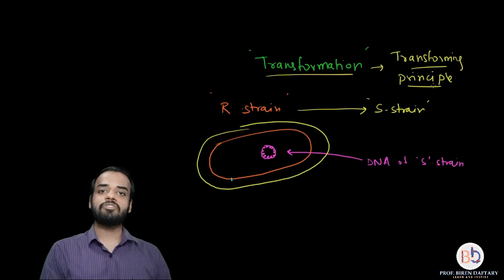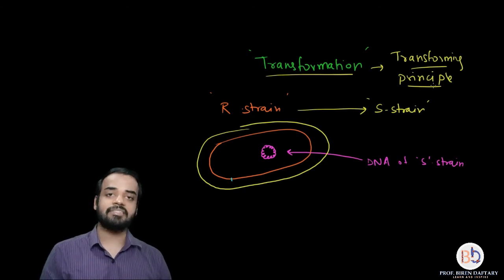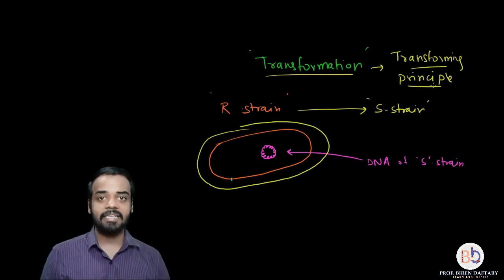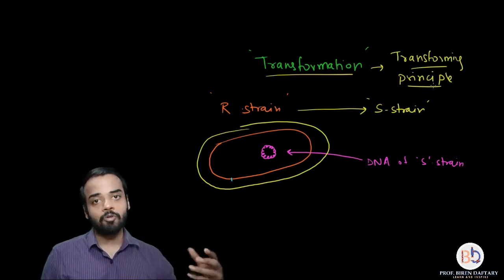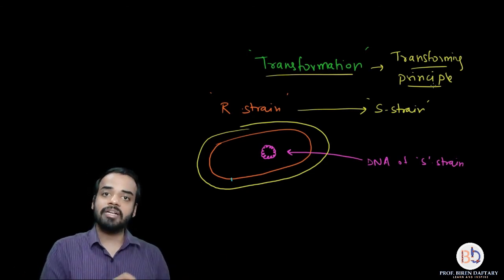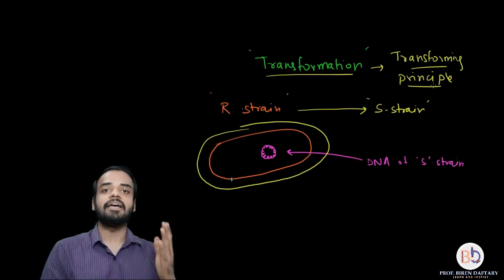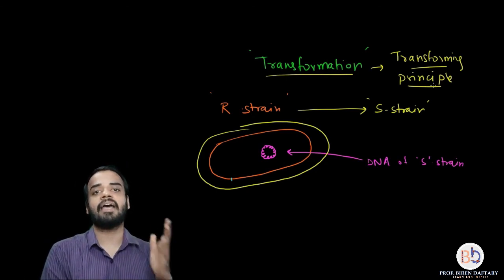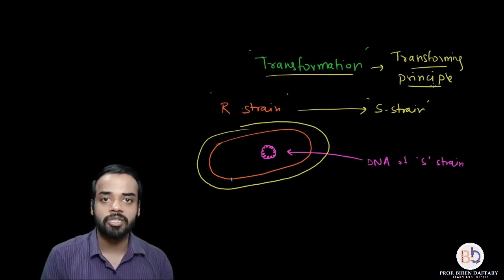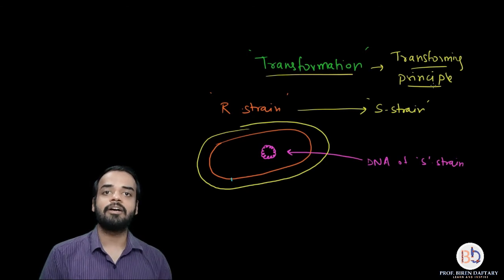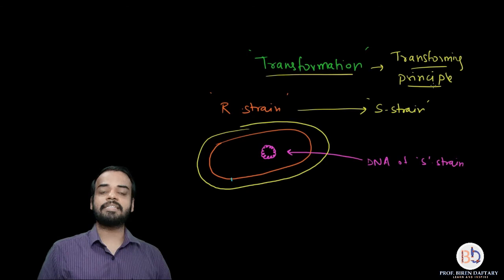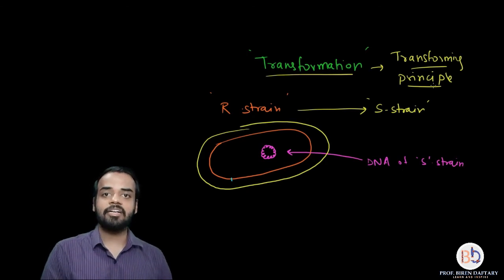So Griffith was the first person to basically suggest that the genetic material in bacteria is DNA. He could not prove that, but he could show that there is something because of which transformation is occurring in bacteria, and he did it with the help of mice and 2 strains of Streptococcus pneumoniae. So I hope this experiment is clear, and with that we complete this first experiment. Okay, so this experiment is basically coming under the heading of DNA as genetic material.